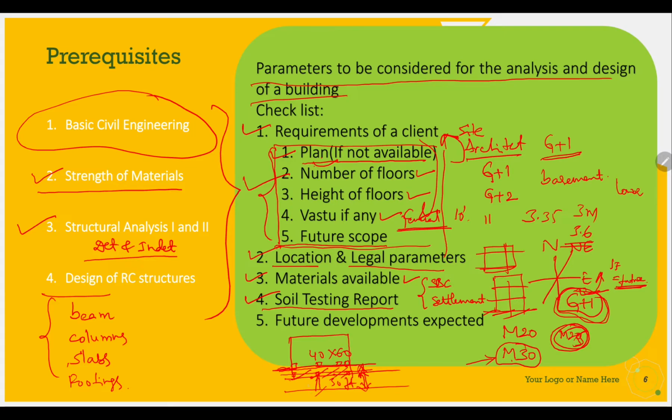So whenever we are going for this, if you are designing this column itself to take all the loads coming on this building, you can destroy this in the future if the road expansion is planned, or say road expansion is sanctioned. But if you take this also into account, and if you are not designing the whole building by knowing the future developments expected in the particular area, then it will be difficult for us to go with the smoothness of the building use in the future. So you should have full knowledge about that also. These are the parameters to be considered for the analysis and design of a building.